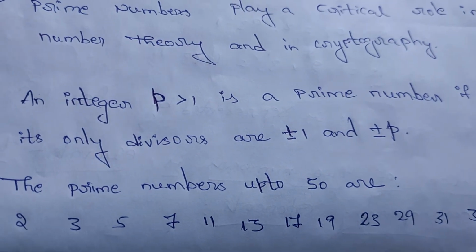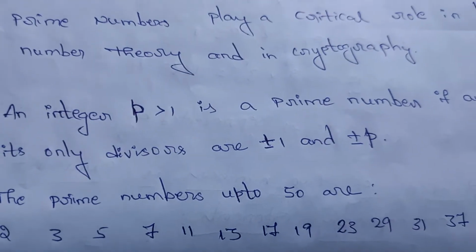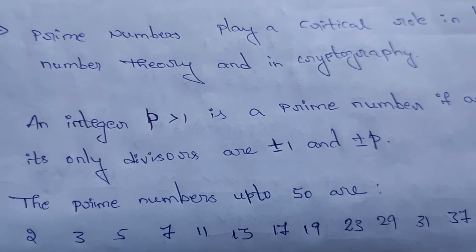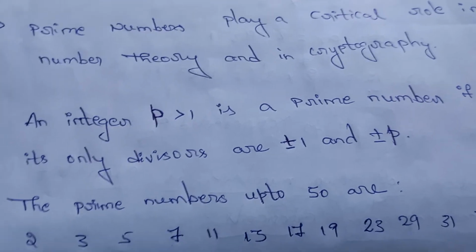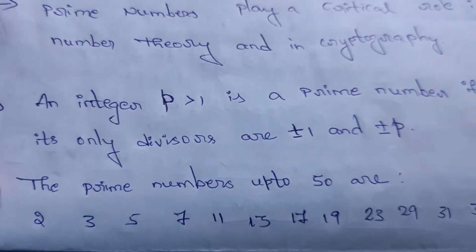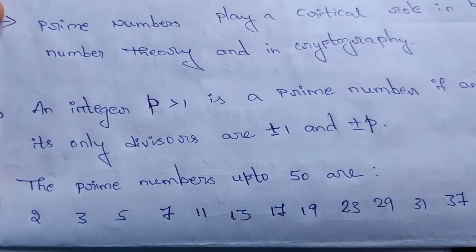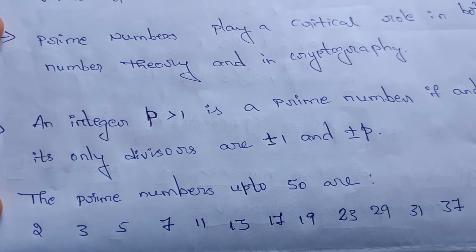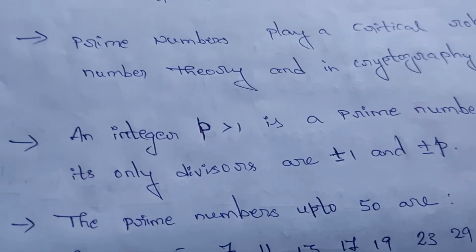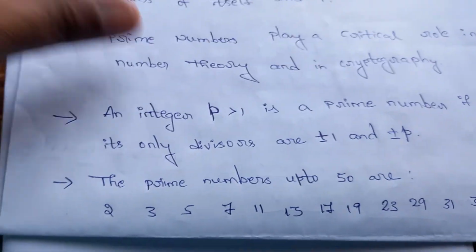But a prime number is nothing but an integer that does not have a divisor other than 1 and itself, so it can be divisible by itself and 1. So that is about prime numbers. Okay, so next,